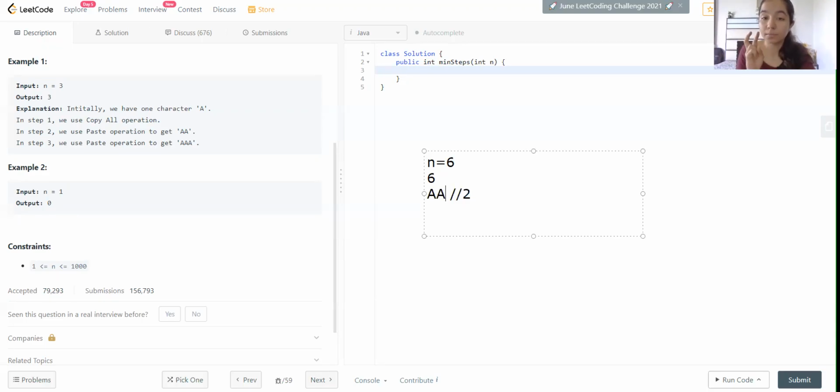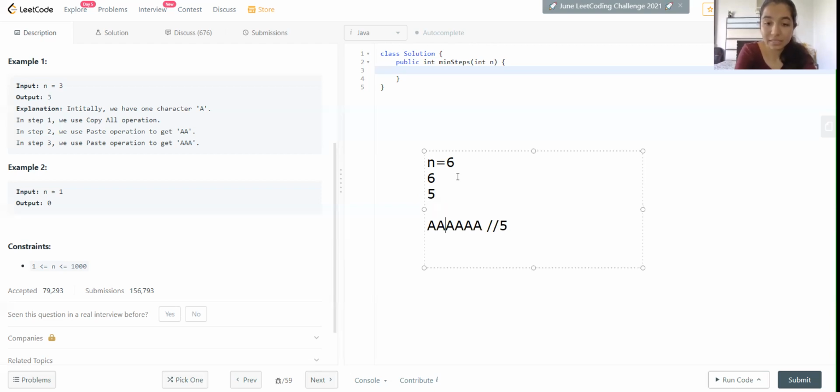So 2 A's are already present, and if we paste 2 times more, it will become 6. The number of operations would be the 2 already done, plus copying once, which makes 3, and then pasting twice, which makes 5. So our second solution is 5.